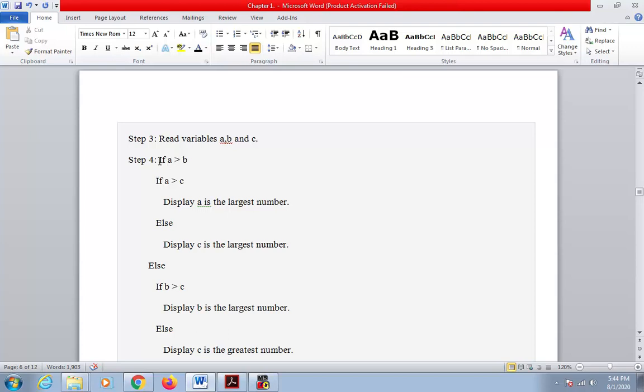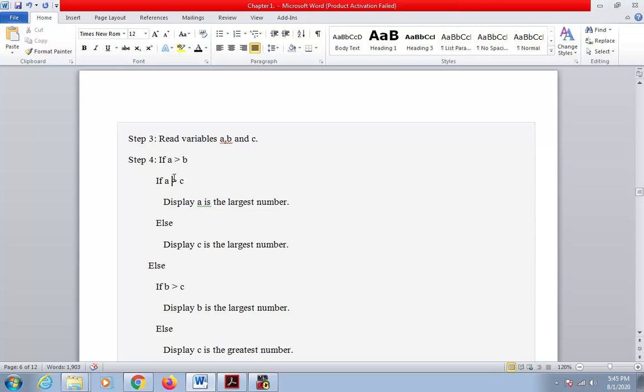Now this situation has come. I have to check if my first number A is greater than B. This is our supposition: I will compare 10 and 20. I will see, is 10 greater than 20? You know, no, that's not true. But in programming, I have to mention each and everything. First of all, I'll check if A is greater than B. If it is true,